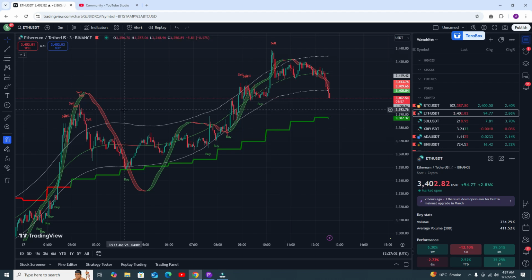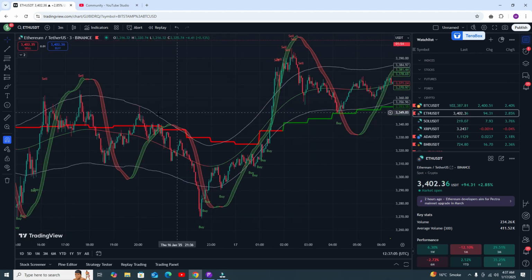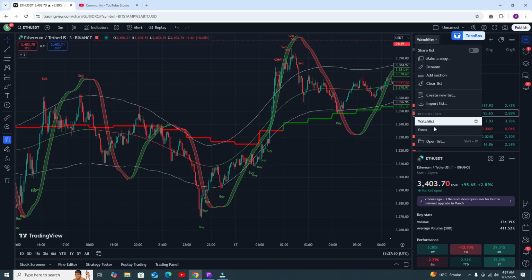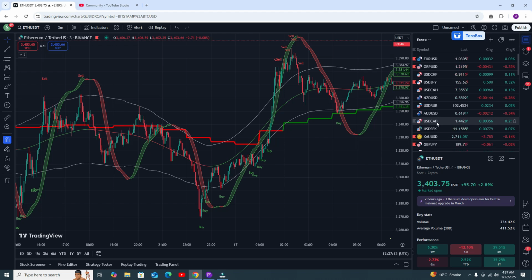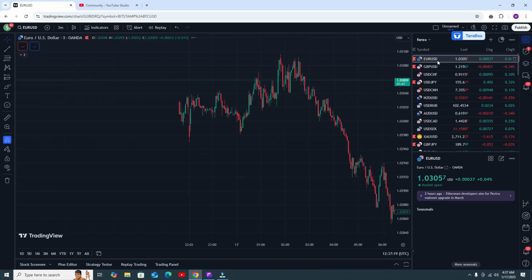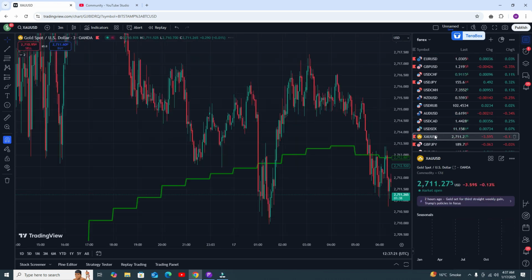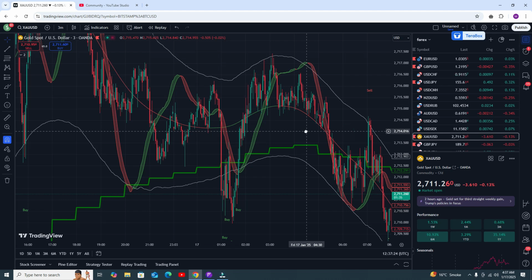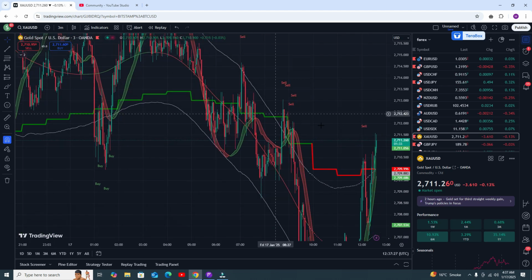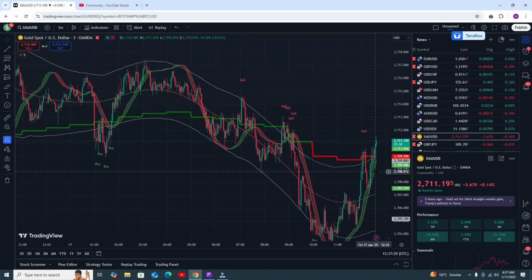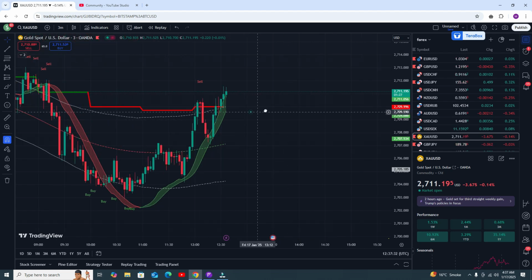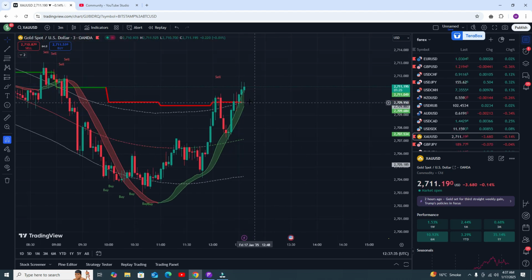I'm using two indicators. The first indicator is giving you the trend confirmation. Let's see the results in forex pairs, because mostly people use forex indicators in the forex market. We need to discuss gold first, because gold is most important and mostly people like to trade in gold. So here you can see, very soon you will get the sell trade in gold. How? First we have to discuss the strategy.